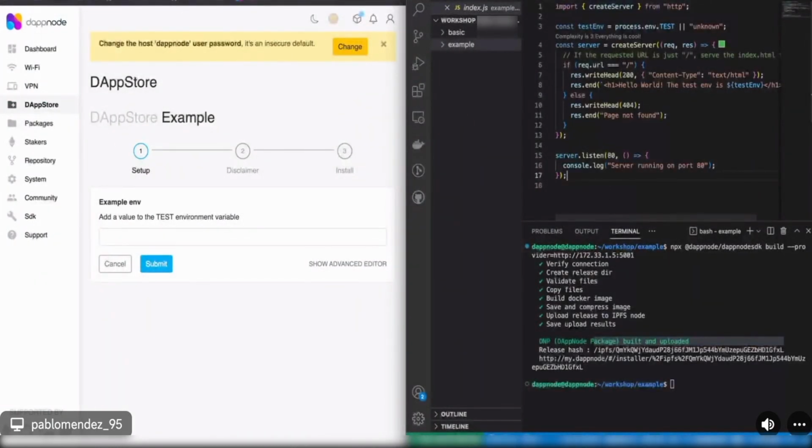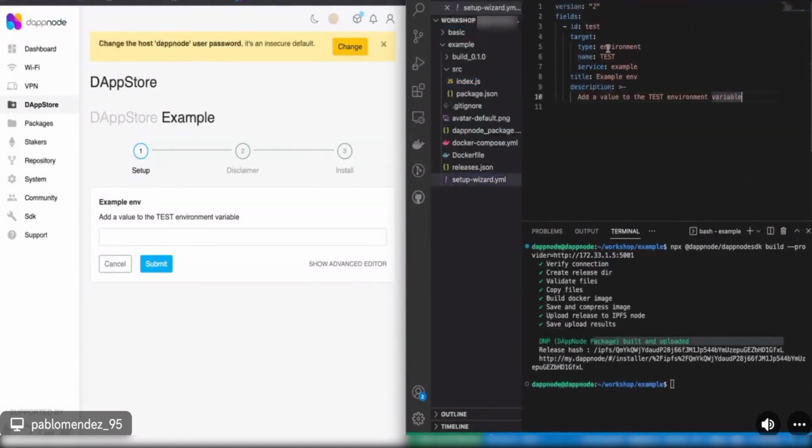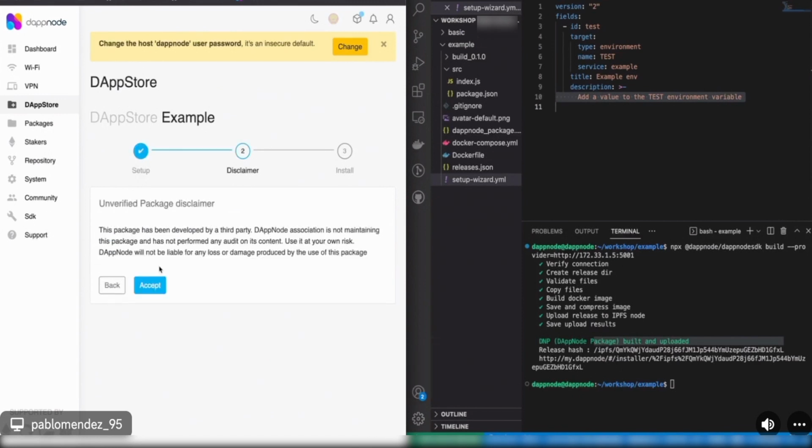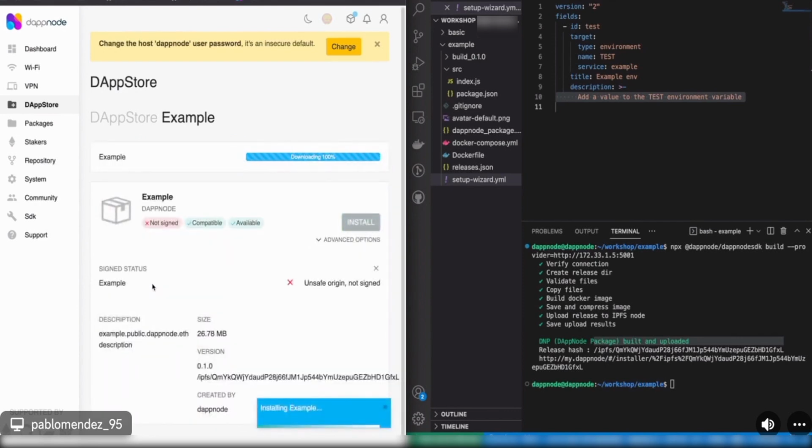If I open on the right my setup, I can see that the title of this ID, which is test, is example env, which is this one. The description is the same as I was asking here. And now I can set here, I will choose, my name is Pablo, and I will submit. And now the package is installing.